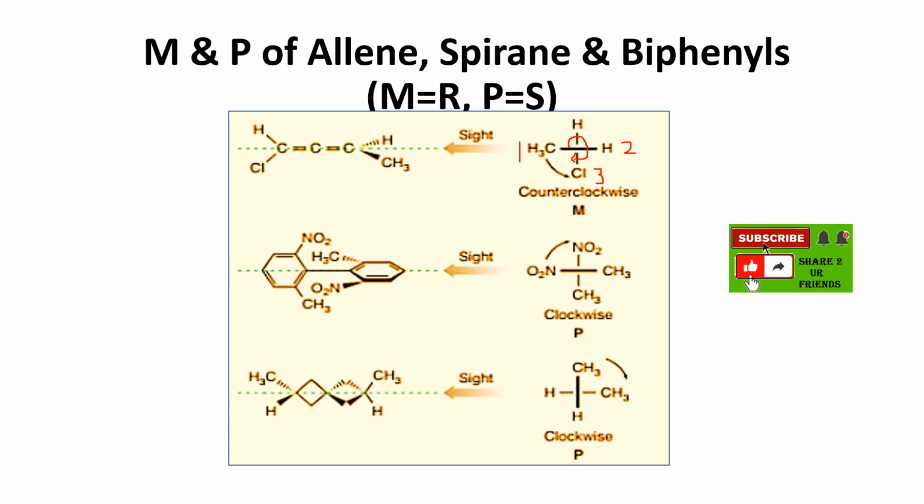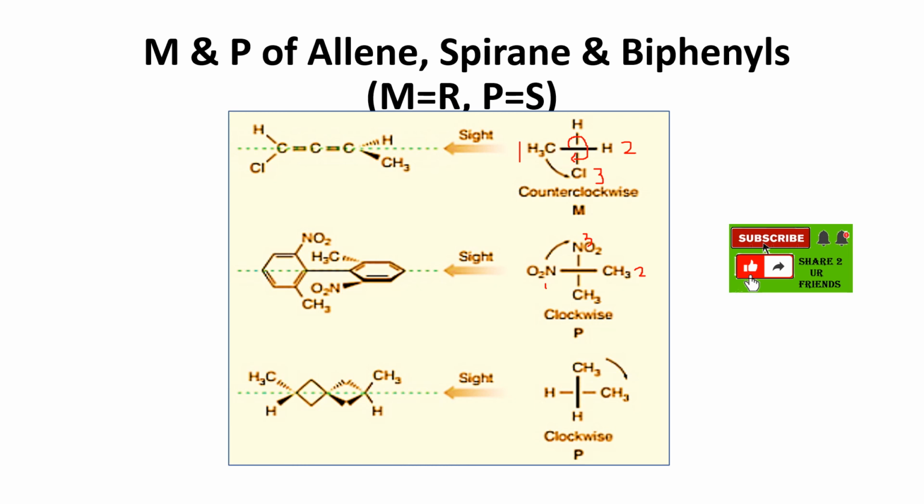In the second way, if you see it like this in the biphenyls, in this way we have to watch it. So the thick border line should always be here. NO2 here and CH3 is here, and this is a solid vertical line. Solid should be in the vertical line, NO2 CH3. First we have to give, this is 1 and this is 2 and this is 3 and this is 4.